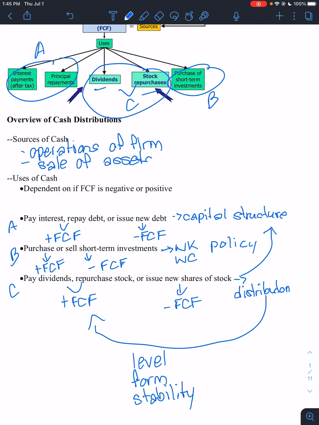And so first we'll look at some practical matters regarding these distributions. And again, basically our two choices and what we actually see firms do. We'll look at some different theories, of course. And then we'll look at one basic model. And then we'll do some comparison again of when, or why, does a firm do a repurchase versus a dividend, or a dividend versus a repurchase, or are there some situations in which one distribution method is better than the other? So those are the issues we'll look at in this chapter.